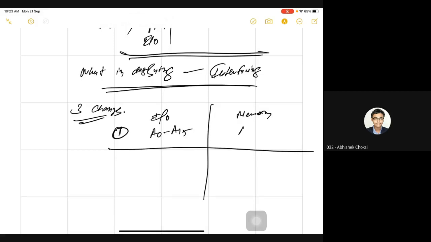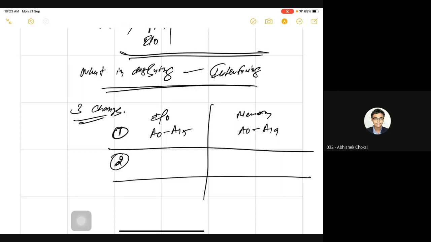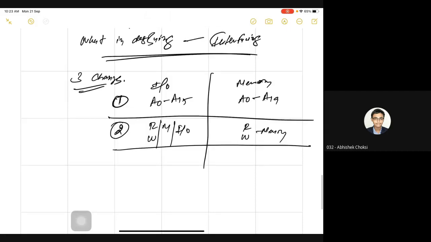Here you need to use address bus A0 to A19, because it is a 20-bit address bus, right? Second, you need to use only 2 control signals here, read and write with memory. Here you need to use read and write with memory and with IO, right? So 4 control signals you need to use. So you need to change it while designing.